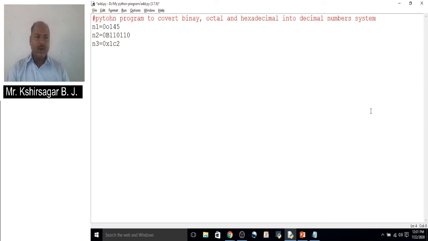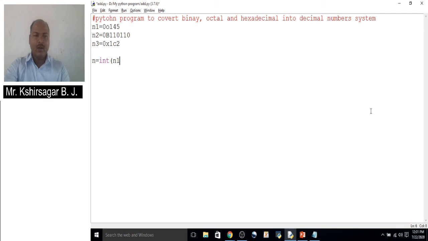Now we want to convert that into an integer, so it becomes decimal. It becomes the decimal number system having base 10. So we store that number inside a variable n, converted into integer, meaning it becomes decimal.